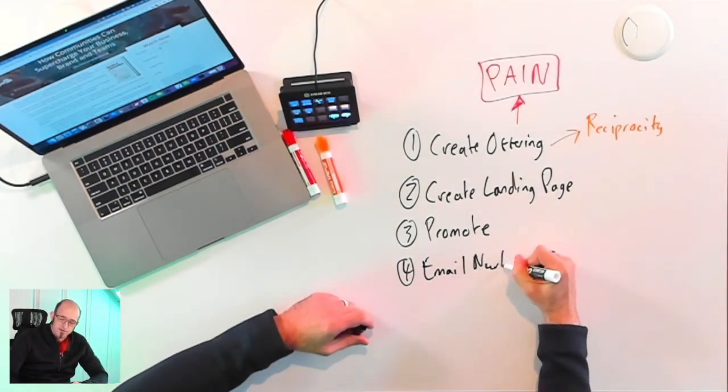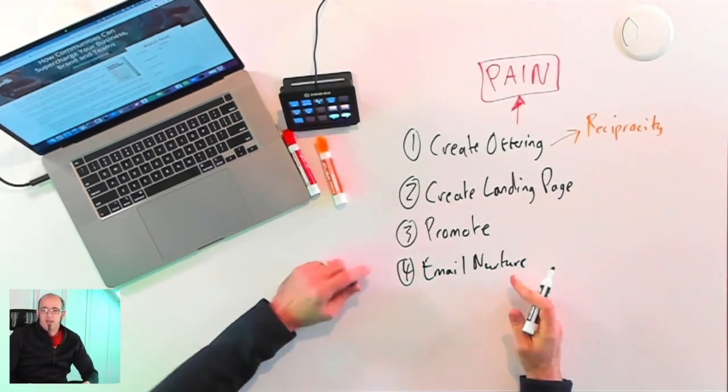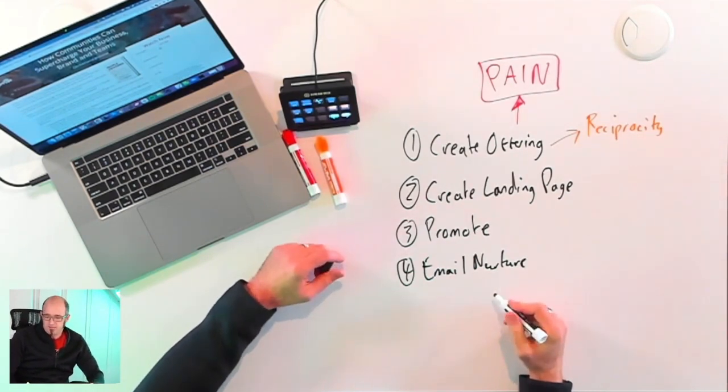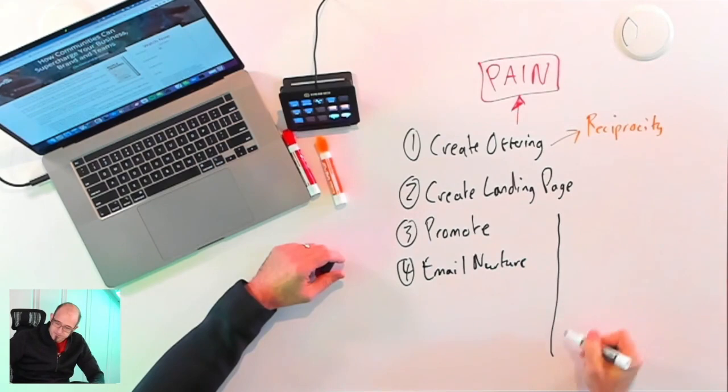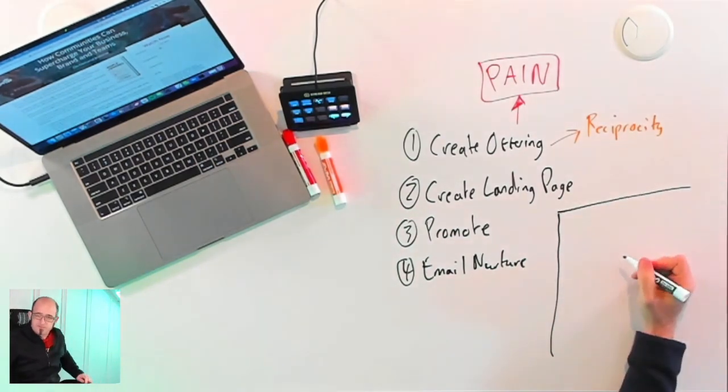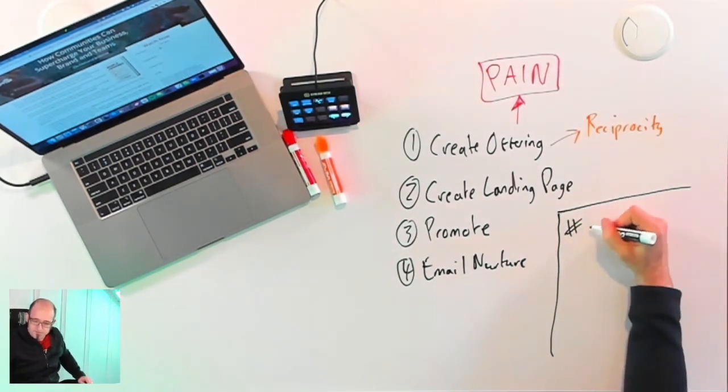Email nurture, okay? What happens is, because you got their first name and email, what we want to do is send them a bunch of emails, okay? So email number 1,